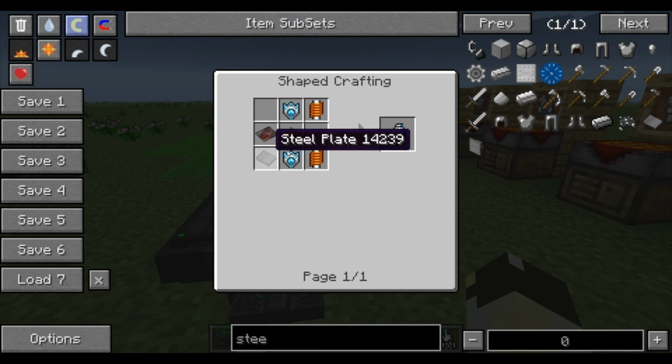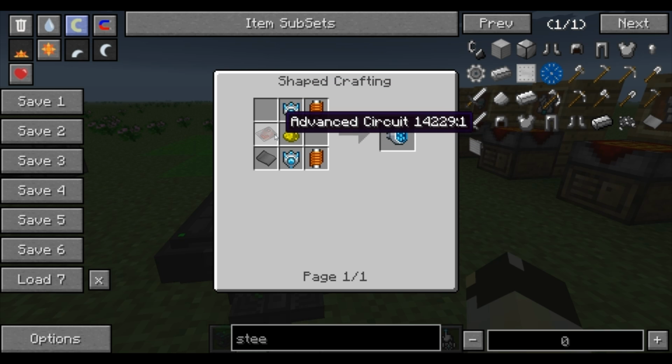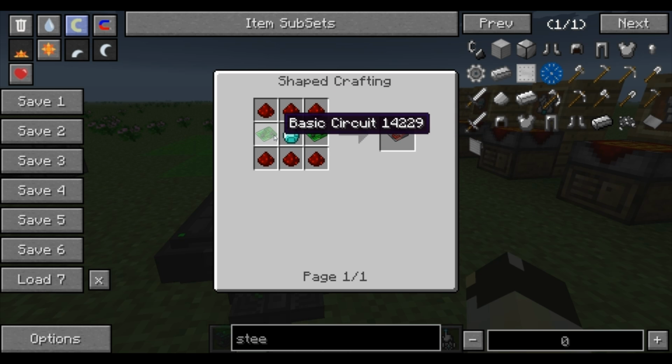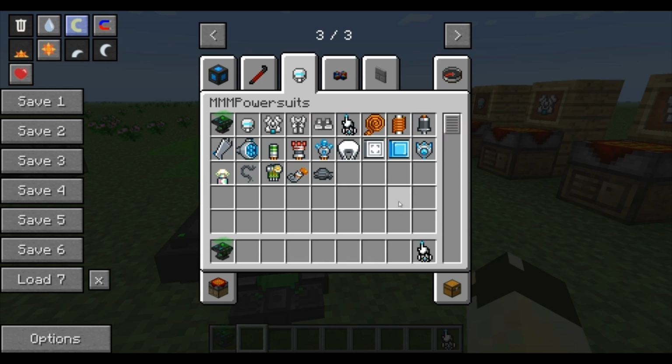You have an iron thruster, which is very expensive. You have 2 force field emitters, 1 glowstone dust, 1 advanced circuit, 1 steel plate, 2 solenoids. You make an advanced circuit by 6 redstone, 1 diamond, 2 basic circuits, and then